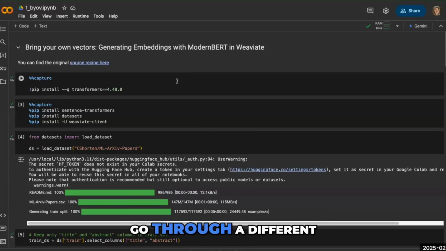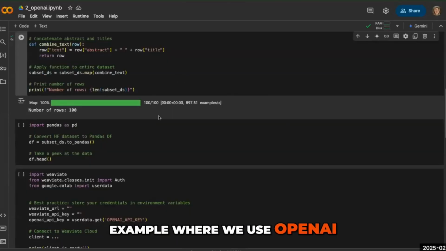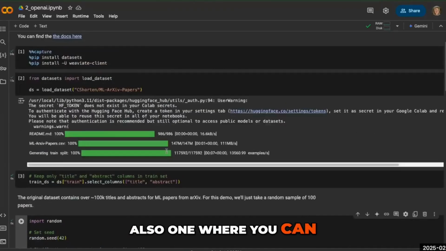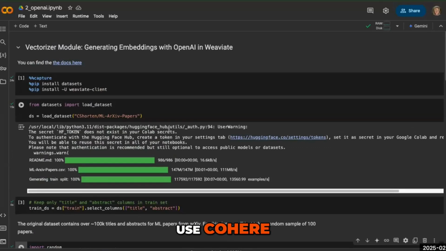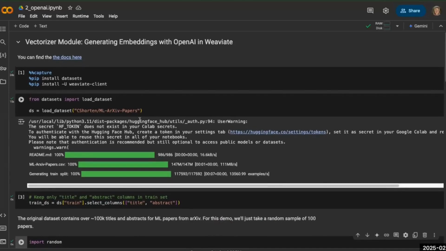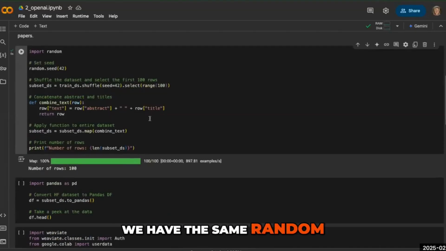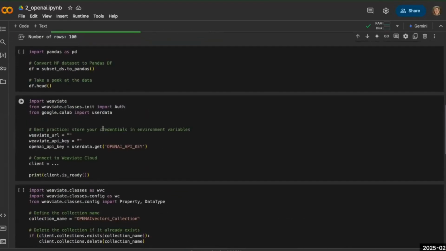Now I wanted to go through a different example where we use OpenAI. This is also one where you can use Cohere, and this is where we're going to send our data through their API, since it's a closed source model, in order to generate the embeddings. So I did the same stuff up here. We have a different random data set of 100 objects. And